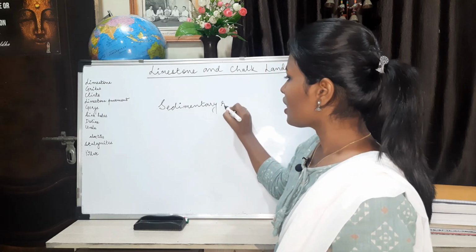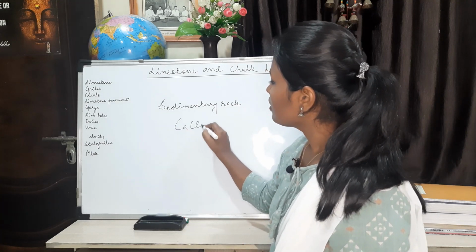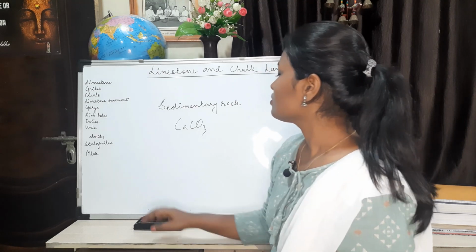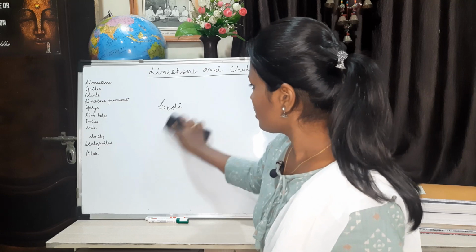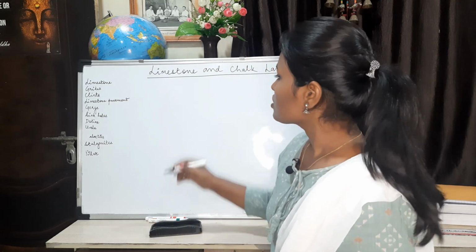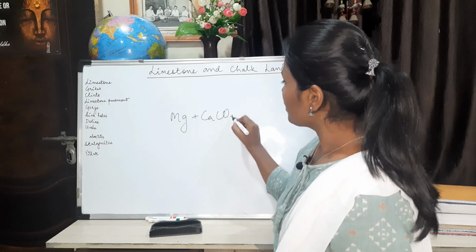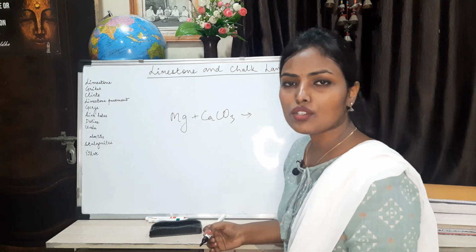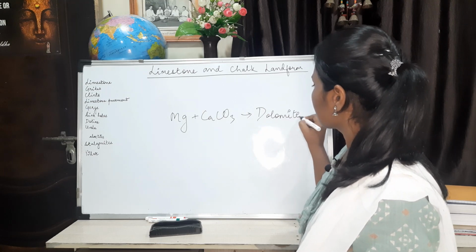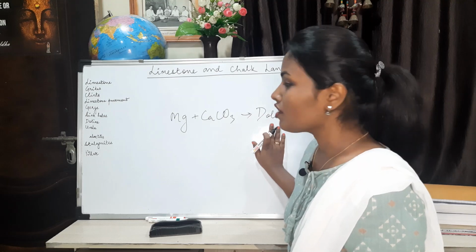And sedimentary rocks have organic origin, which are made up of calcium carbonate, which comes from corals and their shells in the sea. Okay, so these are the sedimentary rocks, and when magnesium comes into the picture along with the limestone, magnesium along with calcium carbonate forms a new compound which is called dolomite. So this is the other compound that is also responsible for such kinds of landforms.